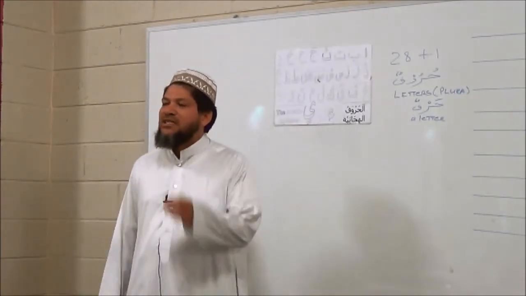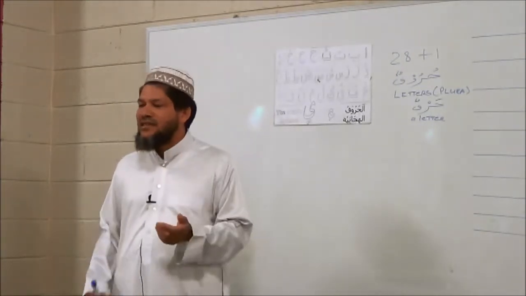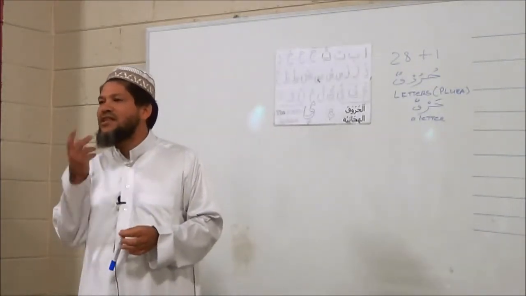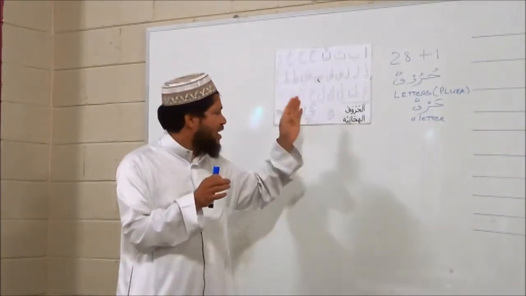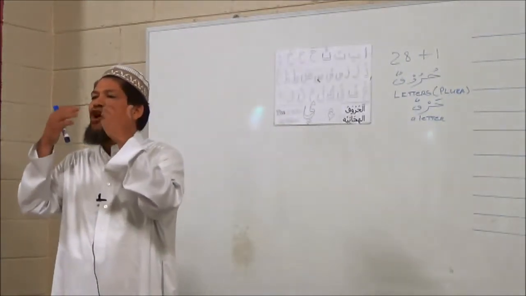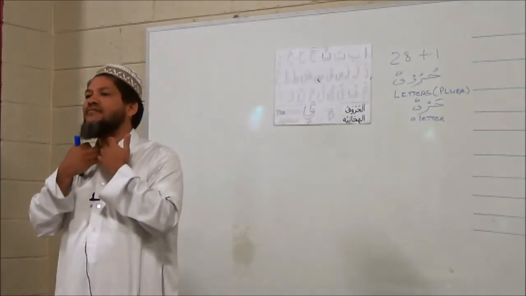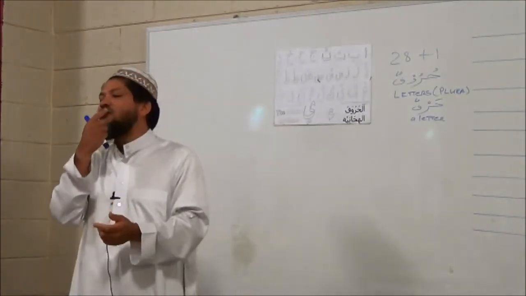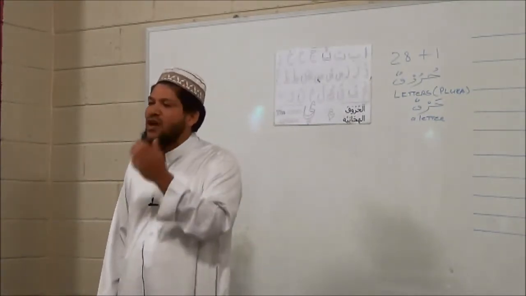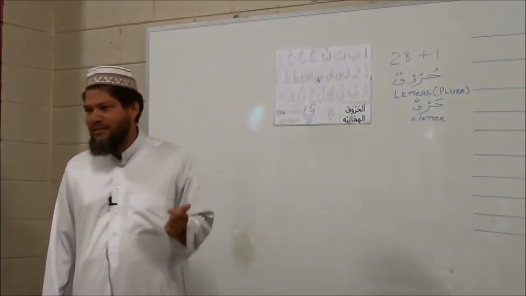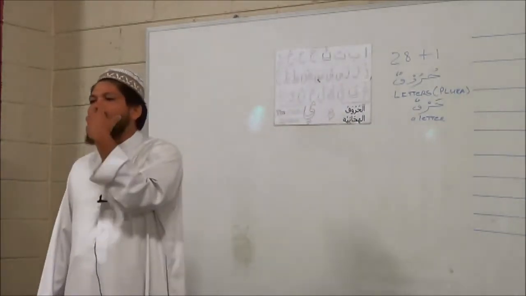Next letter, Jim. Now to ask and to find this letter, very, very easy. This is one of the letters to be found on the middle of the tongue. All the Arabic huruf, letters, are to be found within the oral cavity, within the mouth. We have letters of our throat, letters of the tongue, and letters of the lips. So those are the three areas to focus, and then we also have the khayshum or the nasalization. But all these letters are coming from the oral cavity.